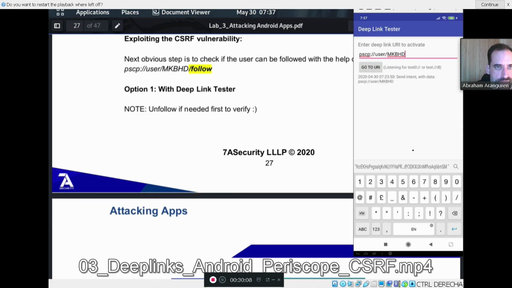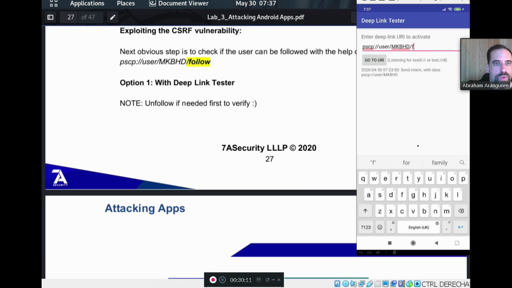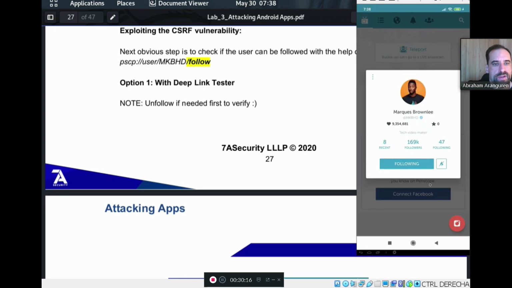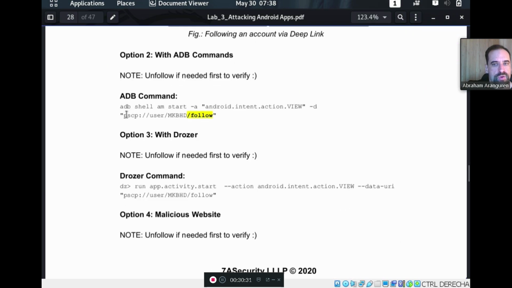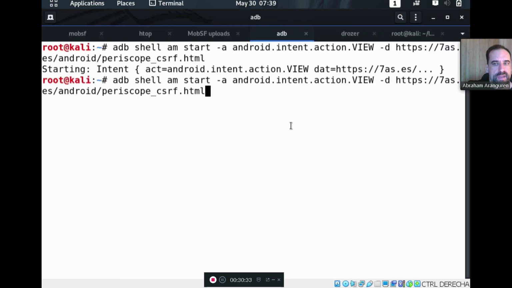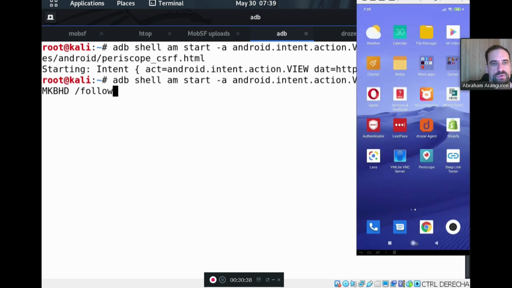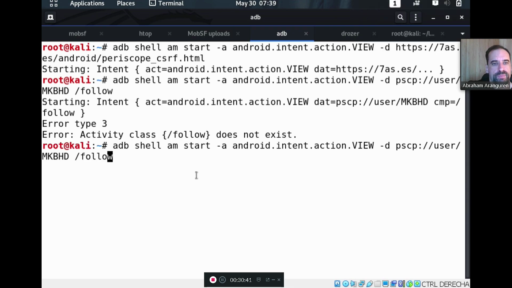So basically, we're trying the first deep link tester. We add in there the slash follow, then go to URI, and you can see we change to following. Now we have to unfollow and click on something on the application so that we are no longer following the user, and then we can try with ADB shell, right? So we do ADB shell, Android intent action view, and then we pass the deep link with the follow, and then when we open the